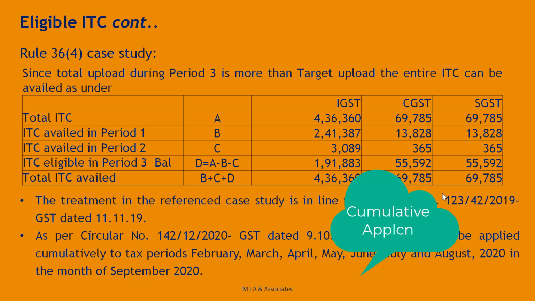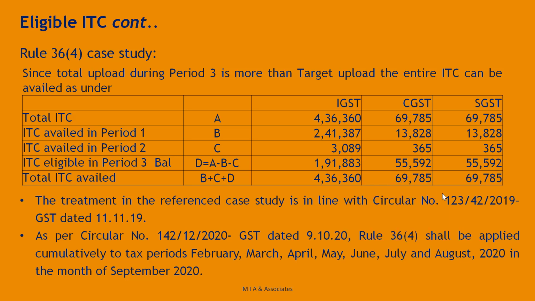The practical implication of this relief is one can generate 2A on a cumulative basis for 7 months and need not get affected by reporting or not reporting in individual months. That is, for example, if an invoice is not reported in July, the same will not become ineligible in August, as it could be reported in August and the same may become eligible for September 2020. Similarly,